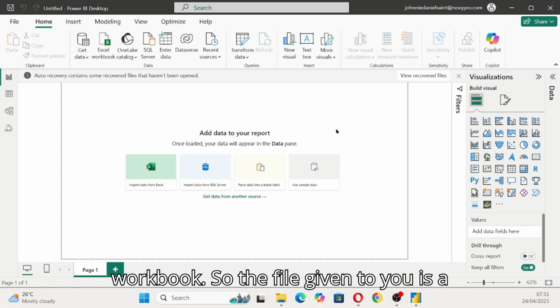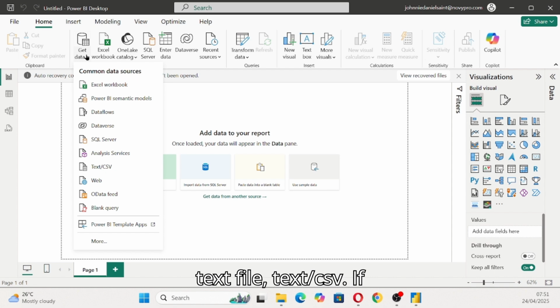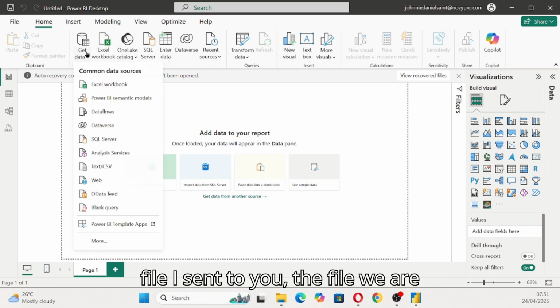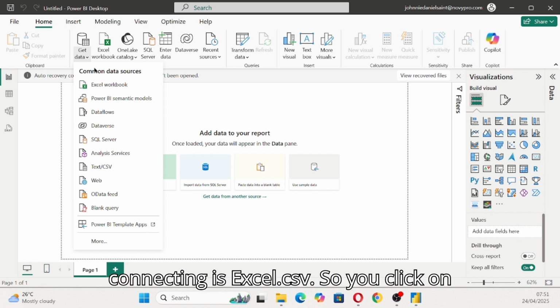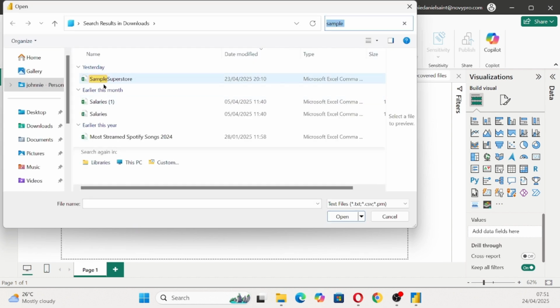The file given to you is a CSV file, so we are going to be using text slash CSV. If it's an Excel workbook, you make use of Excel workbook. The file we are connecting is a CSV. So you click on CSV file, locate the sample superstore, then open,